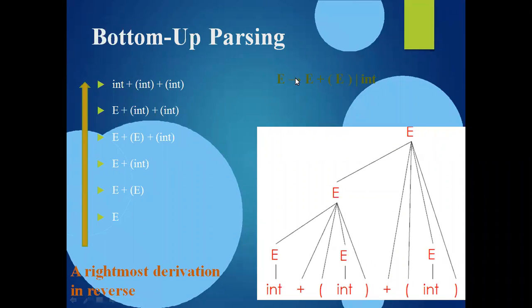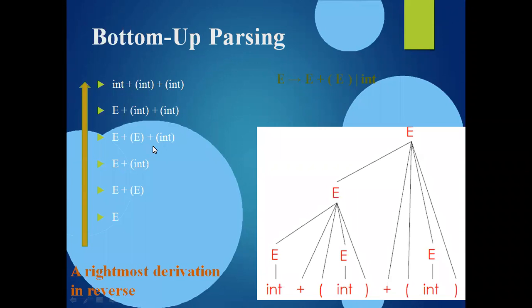Plus is plus. And next, write down the rest of the input string. Again, in the place of this int, defined by the variable E, just replace E and write the rest of the input string. And E plus open parenthesis E closed parenthesis is directly defined by the variable E in the given grammar. It is a production rule here, so it is the RHS of the production. We need to replace this RHS by its corresponding LHS. What it means is, it is defined by the variable E, right? In the place of this E plus open parenthesis E closed parenthesis, just replace E, right?